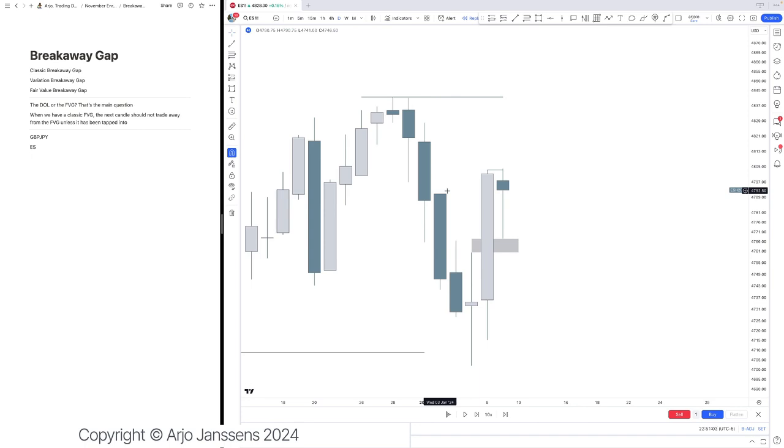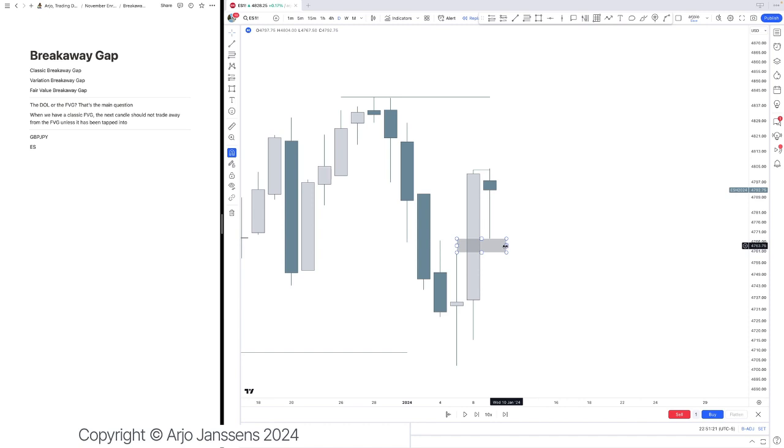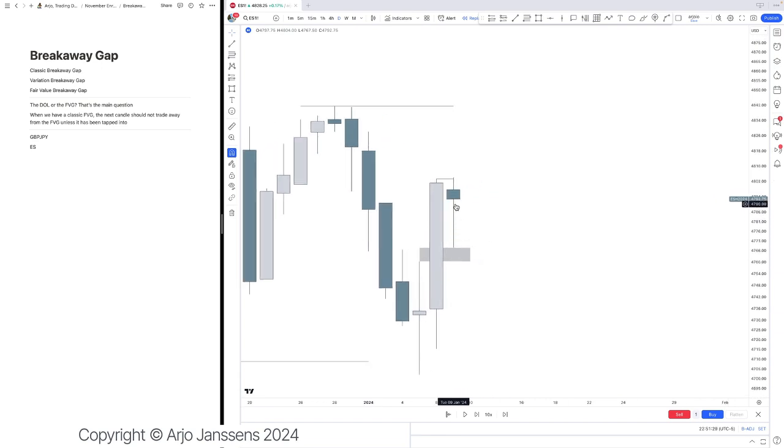Even, I would argue, if you have too much mechanical rules, it's going to be detrimental. Because at that moment in time, if we were purely mechanical, we could argue, all right, that is a fair value gap, so we want to trade off of that fair value gap right there only, not do anything else. Where I mentioned in the forecast that this right here is not a fair value gap that I would want to trade off of. It's not a fair value gap where I would want to see price come back into. Same premise, this is a very long wick, which is already fair value gaps on the lower time frame going higher as well. So at that moment in time, that for me is a variation breakaway gap right there,